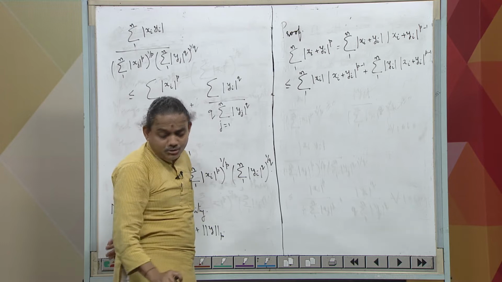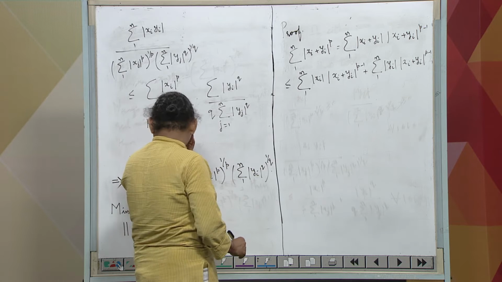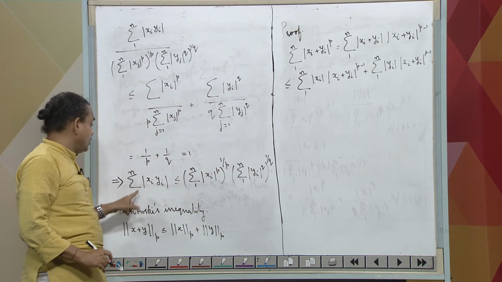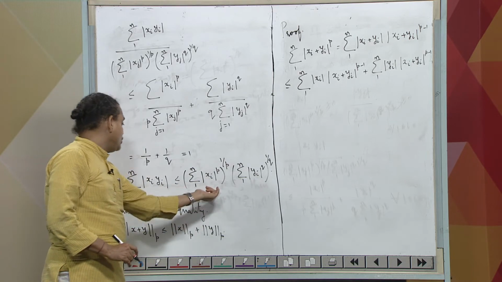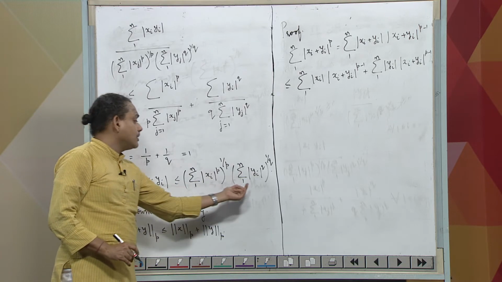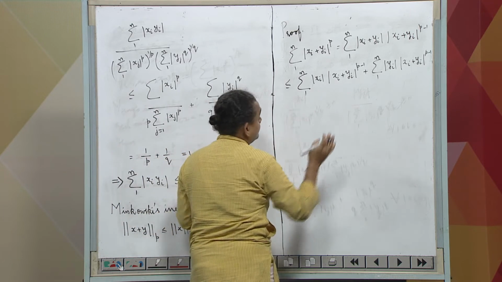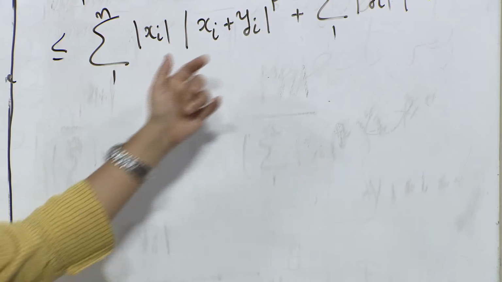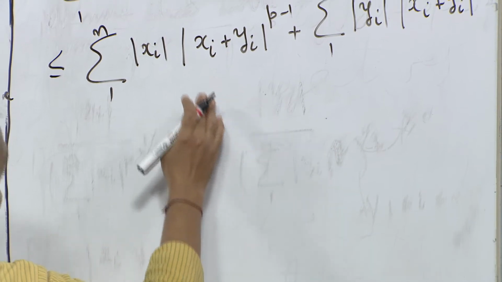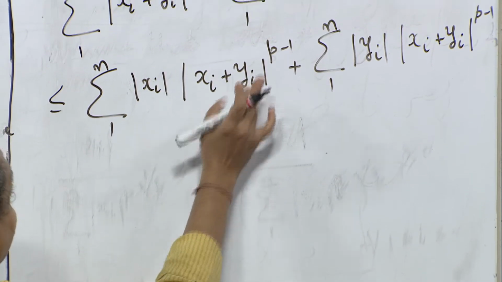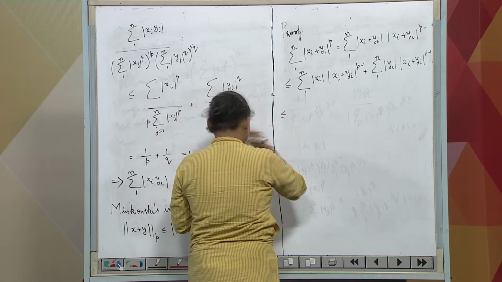Now, let me make use of the Hölder's inequality. So, the Hölder's inequality, what we know is that summation 1 to n mod xi mod yi, this is less than or equal to the pth norm of x and the qth norm of y. So, let us make use of it. So, now the sequences that we have, one is x, the other one is x plus y, right. But x plus y, well, the terms are xi plus yi raised to the power p minus 1. So, this is going to be less than or equal to, let me write down the first one,